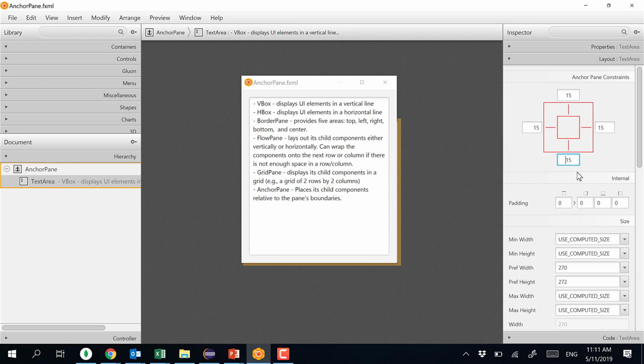So what I'm instructing the anchor pane to do is, please always preserve this 15 pixels around my control, no matter what. And whenever I resize, assign the remaining space to my control. Now, if for some reason I remove this part here,